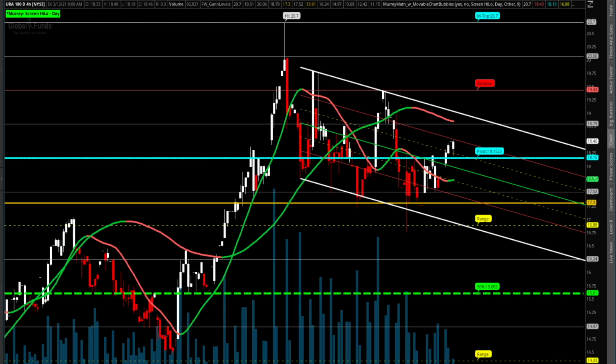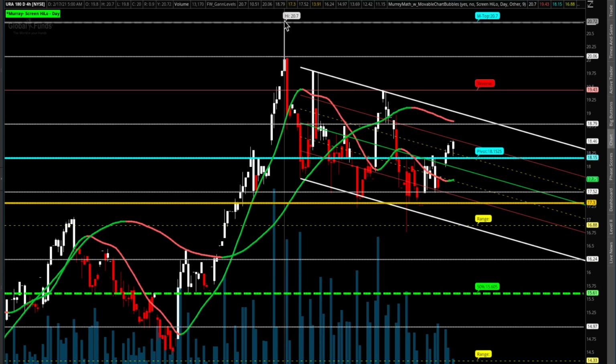Hey guys, today is March the 12th of 2021, and I want to go over URA using the weekend price and time technical analysis. URA is one of the ETFs I own for the uranium play, and this is a 4-hour chart. As you can see, we made a high of 2070,